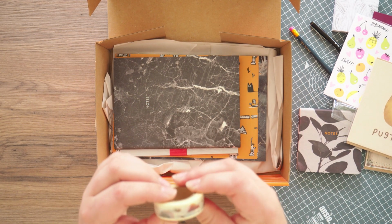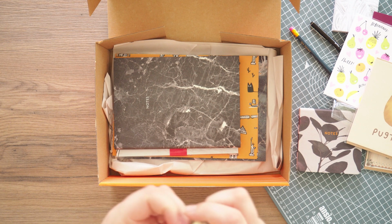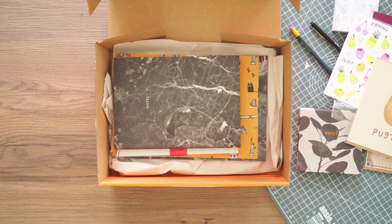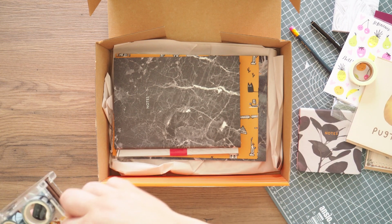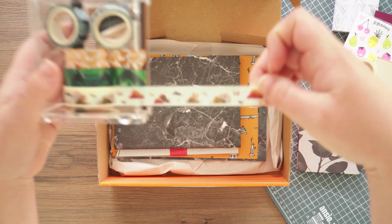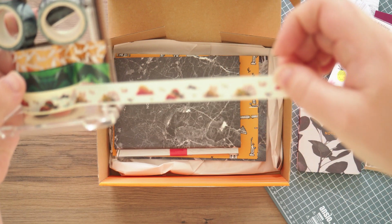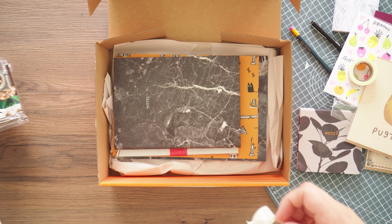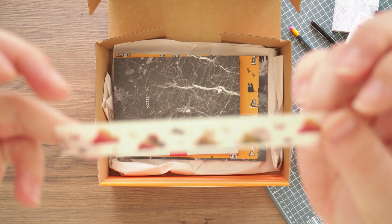Washi tape. Oh, I already have some of this washi tape, but I love this washi tape. Is the other one open before I open this one? Yes, it is. So rather than open that one, this is exactly the same washi tape. I think this came out in August of 2018 in their Paper Gang box. And it's a really illustrated...